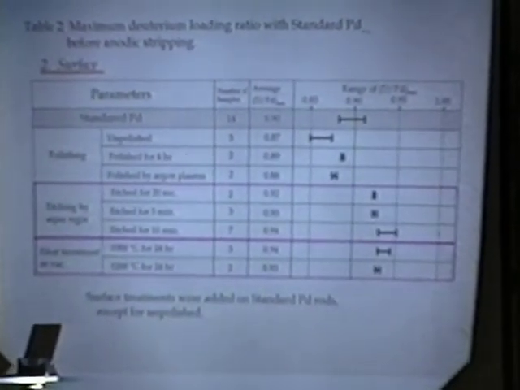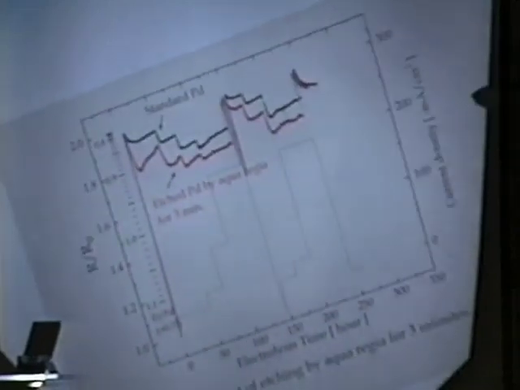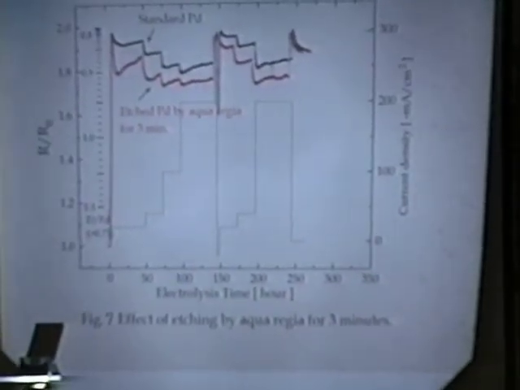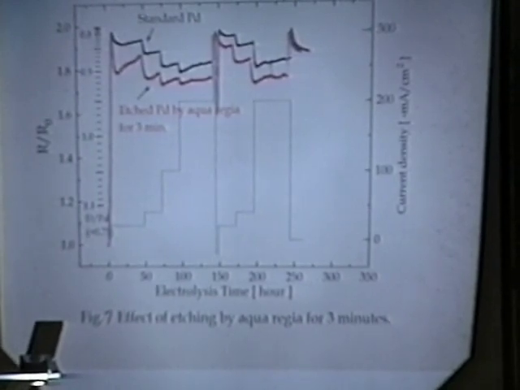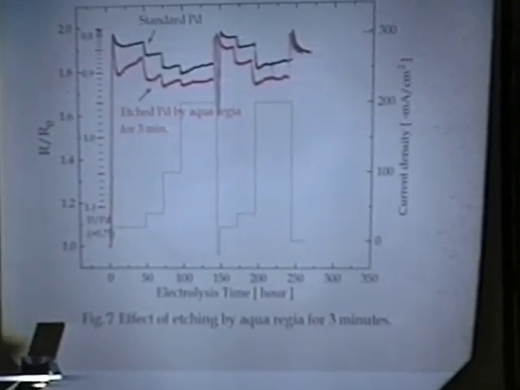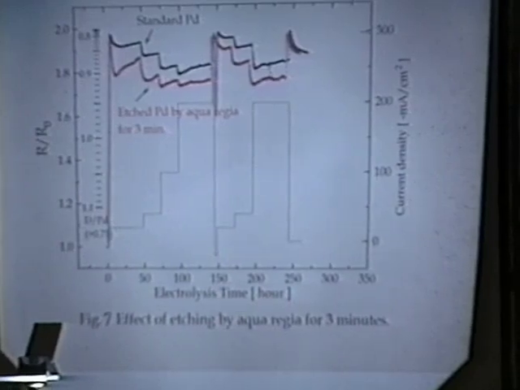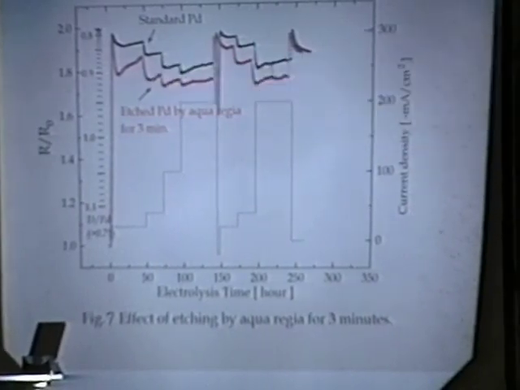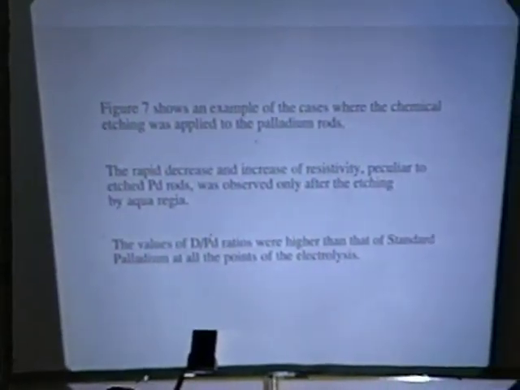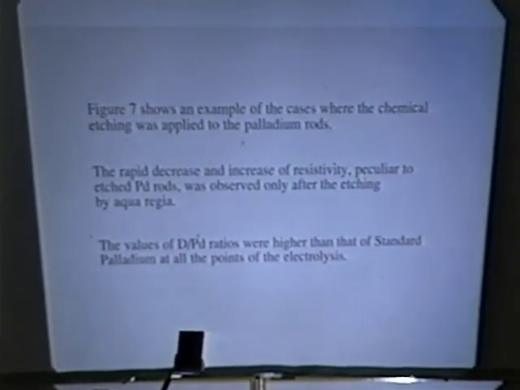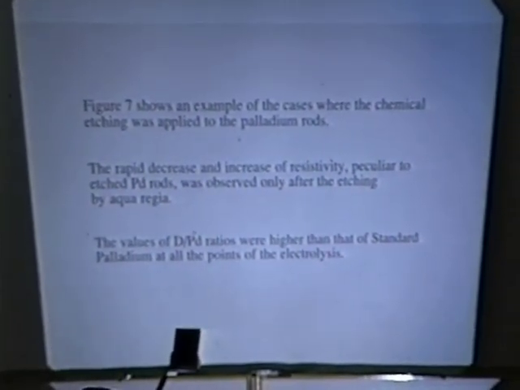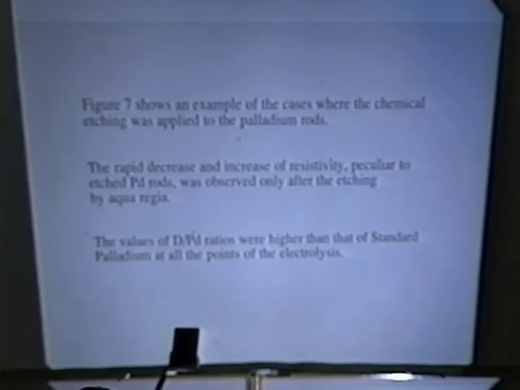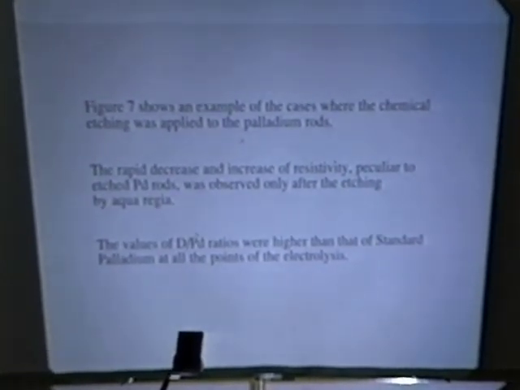Next, I'd like to talk about the details. First, I'd like to talk about chemical etching by aqua regia. This shows the effect of etching by aqua regia for 3 minutes. This red point shows the deuterium loading of palladium rods etched by aqua regia, and the black point shows that of standard palladium. In the case of etched sample, at the initial stage of the electrolysis,